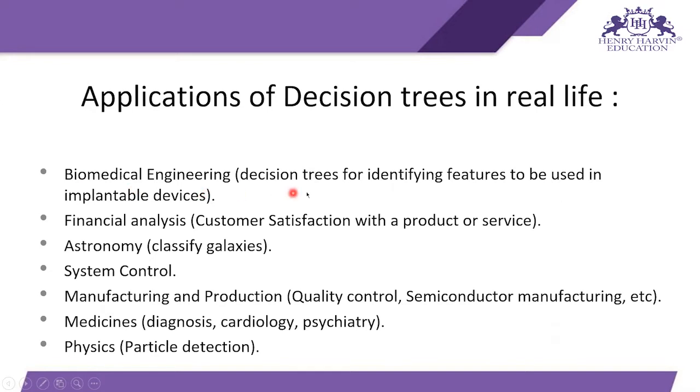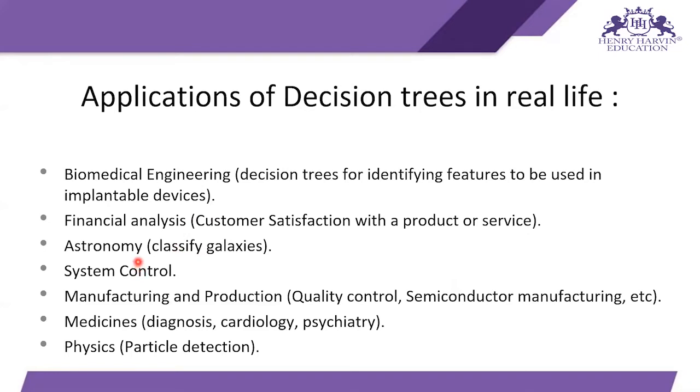Biomedical engineering: decision trees for identifying features to be used in implantable devices. So basically, the decision tree can be used in the biomedical engineering field to identify features for implantable devices. Secondly, decision trees can be used for financial analysis and customer satisfaction with a product or service. We can also use this decision tree for astronomy,